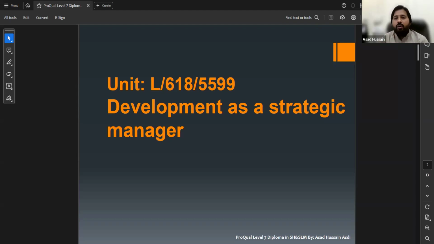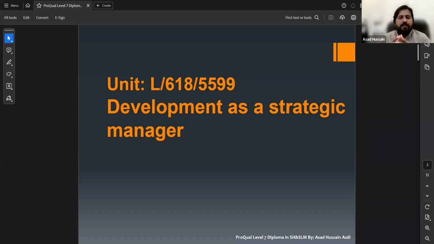So this is the role of a strategic manager. This unit is all about working and developing as a strategic manager who is working in a health and safety management system.